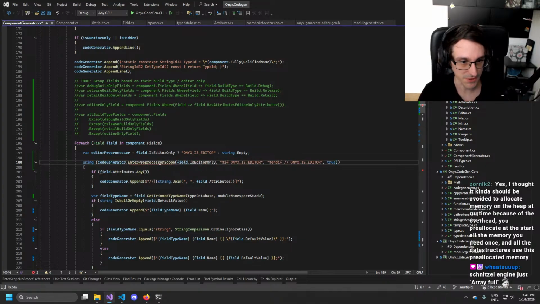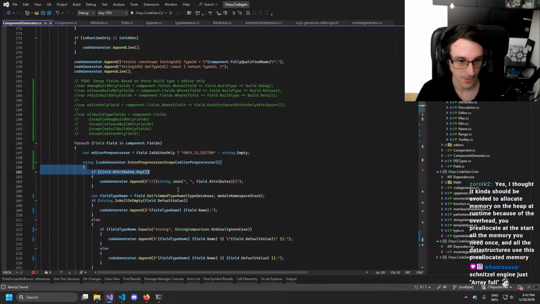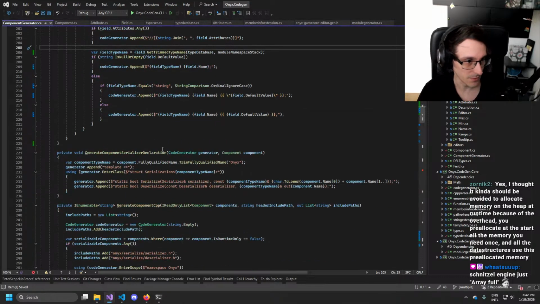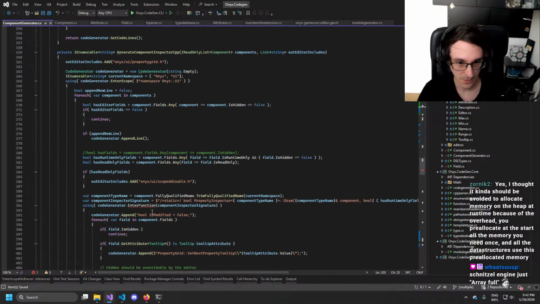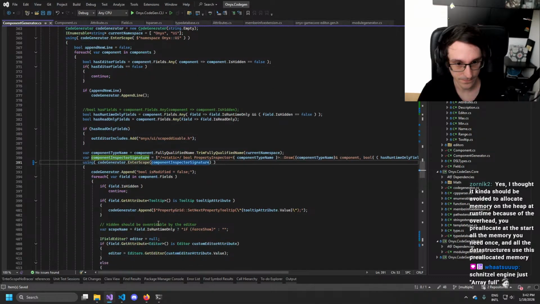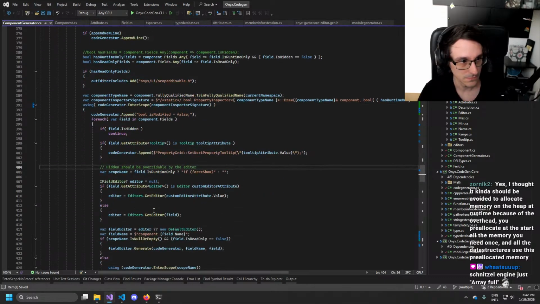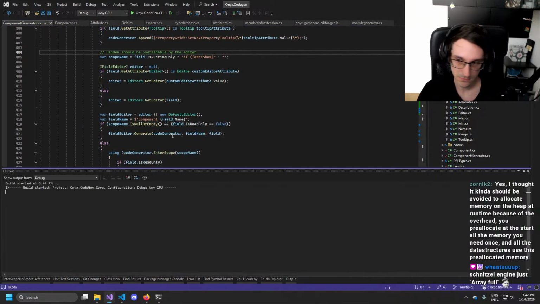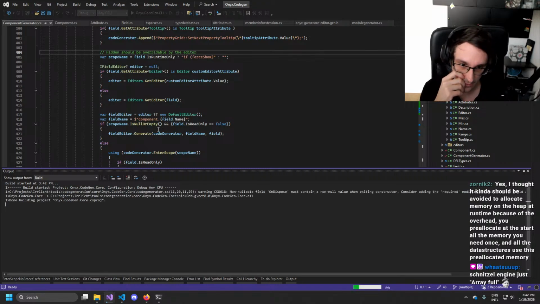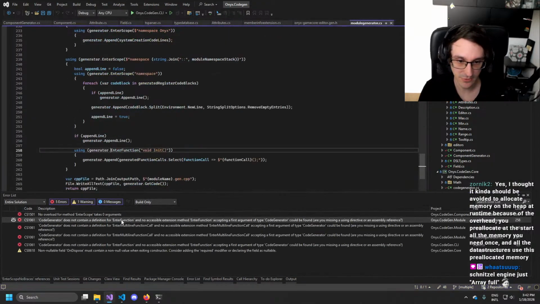Enter preprocessor scope. Well, I mean, if that works, that would be amazing. Enter scope. Probably in the other code generator as well, a couple of errors, yeah.